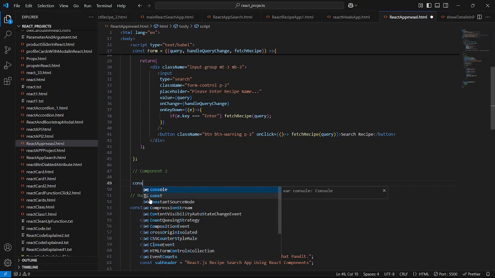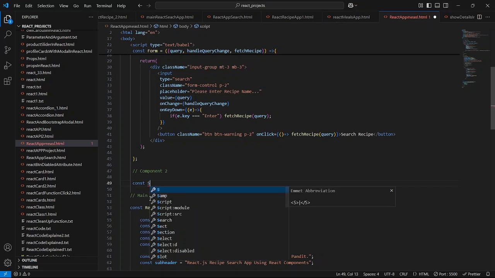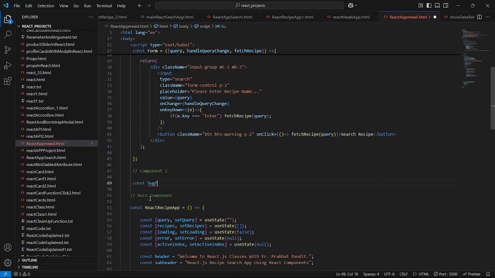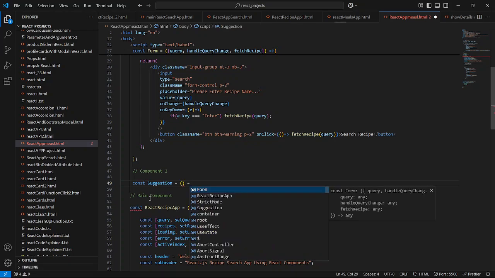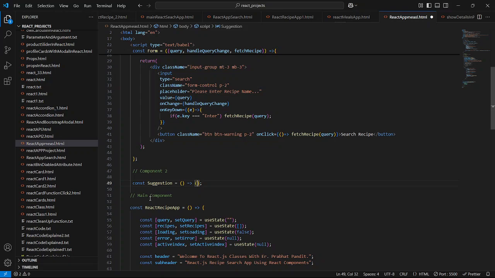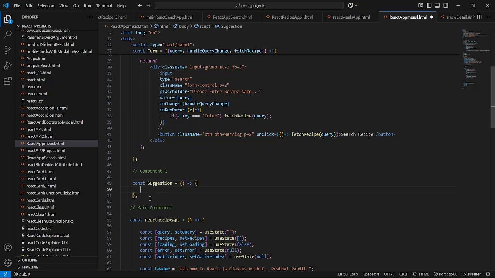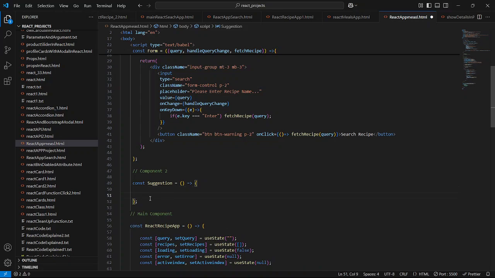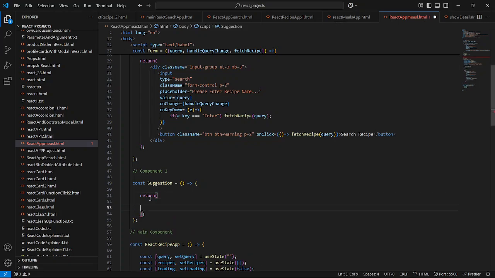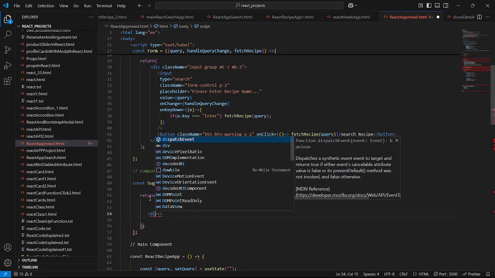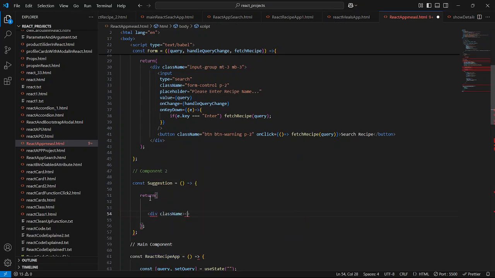I'll say here const suggestions give equal to, I'll use here the fat arrow function again, like this. So close this, and now it is gonna return all the things also. So we have to say here return. So guys, first of all we have to create here one array of string. So give this container div also, I'll give the class name also. So close this,